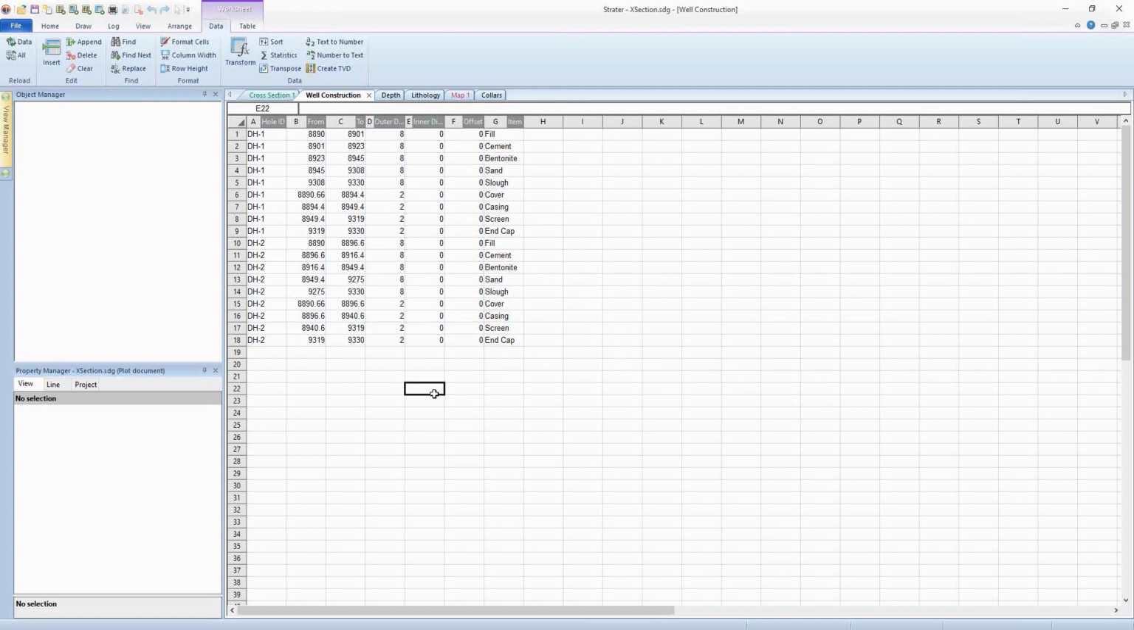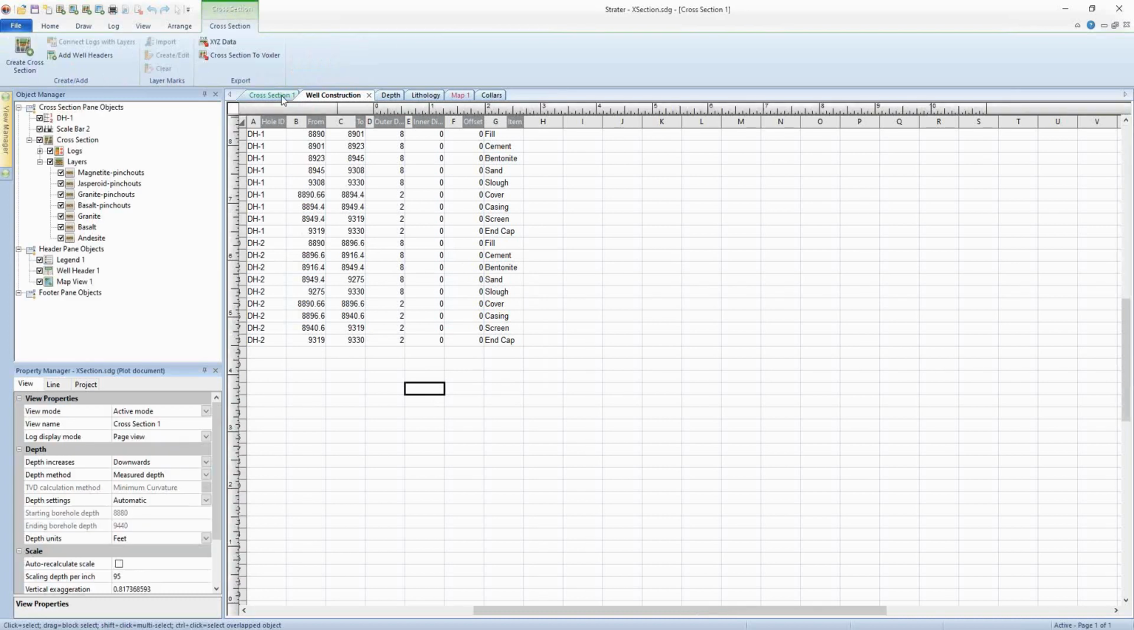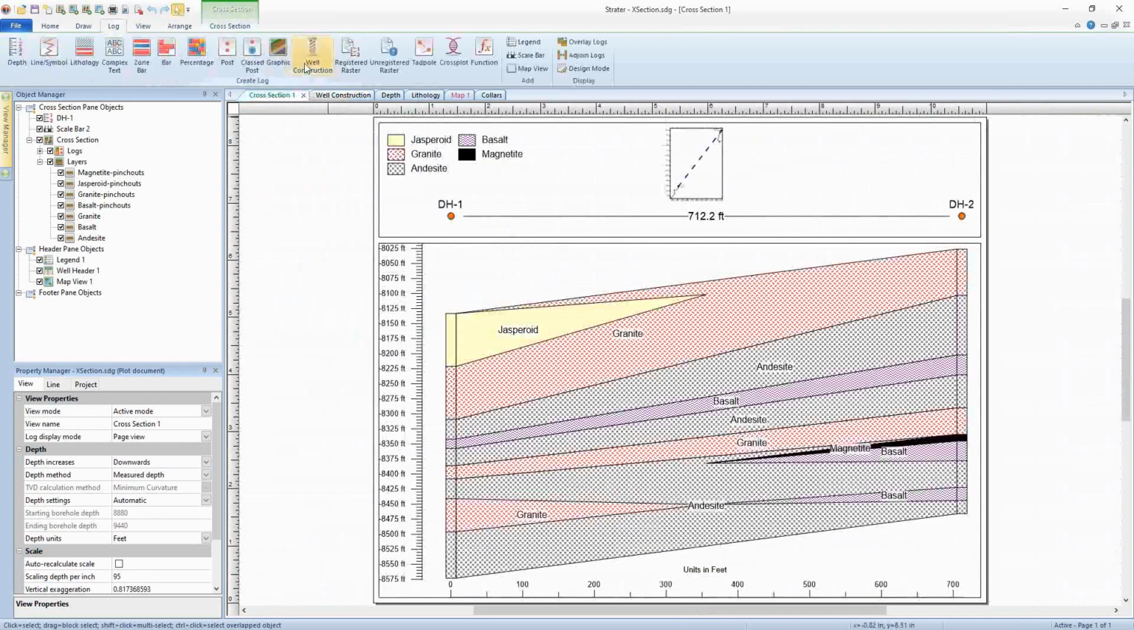Then adding the construction to the cross section is the same steps as in the borehole view. We'll just click Log, Create Log, Well Construction. And we could try very carefully to manually place this right over DH1, but I'm going to show you a trick so that Strater will locate everything for us. So it really doesn't matter where I'm placing this on my cross section. So I'll just click,